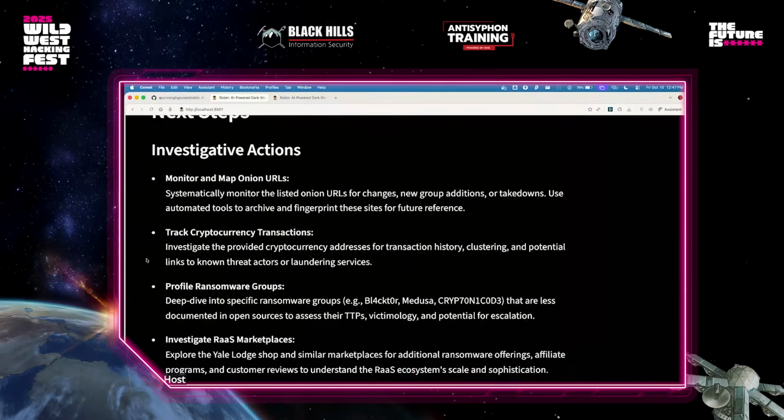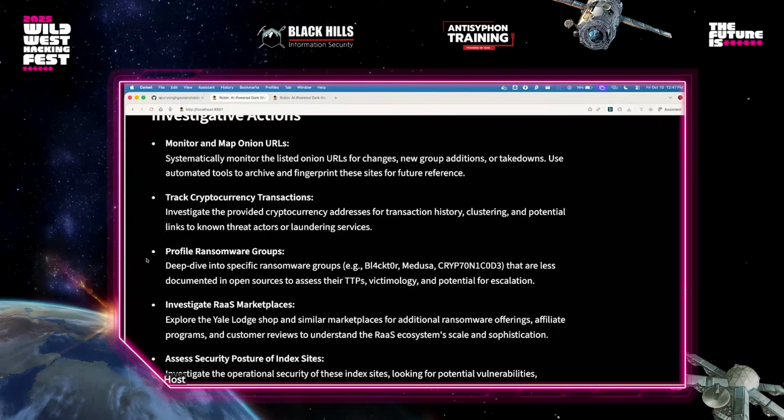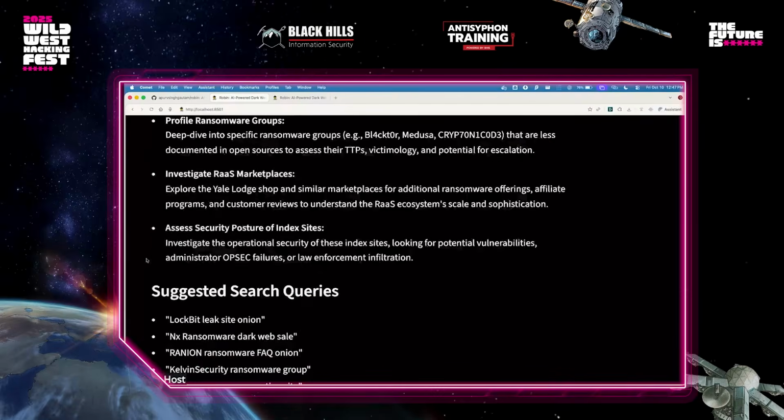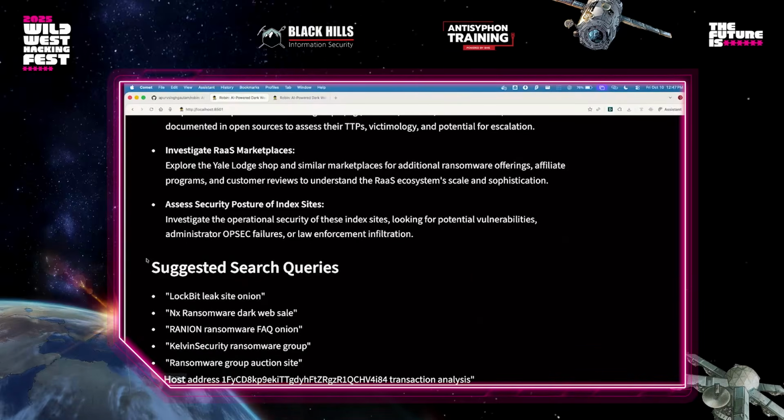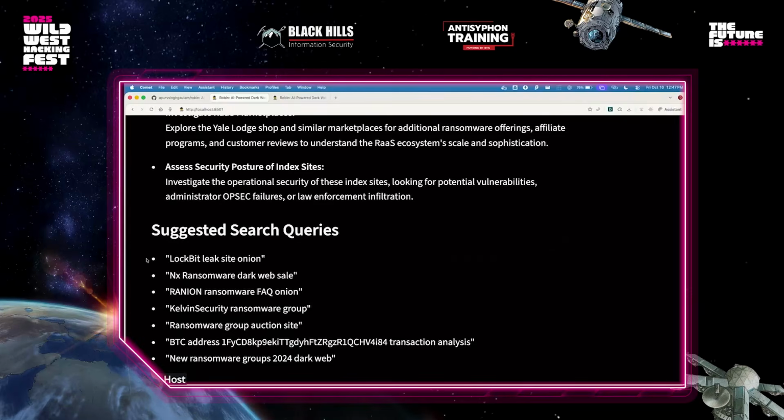This is where it gives me, okay, you can search about this, you can search about other ransomware, and at the bottom it also gives you suggested queries. As you saw, Logbit was one of the outputs, so I can search about Logbit, I can search about Kelvin Security. I can use the same query, put it on the top, and then run it again. So this is basically a starting point, and then from there on you build upon.